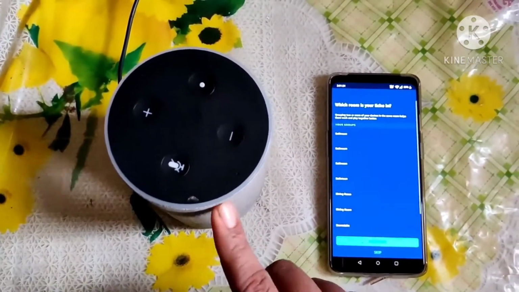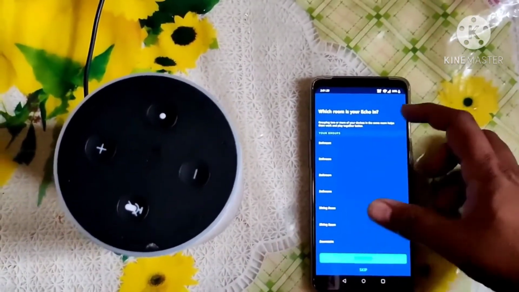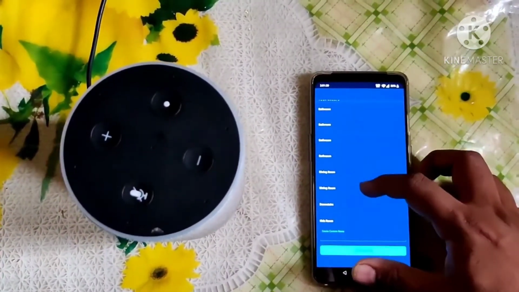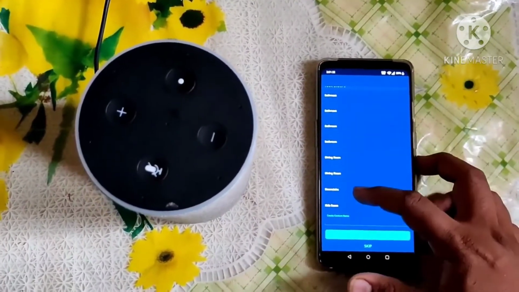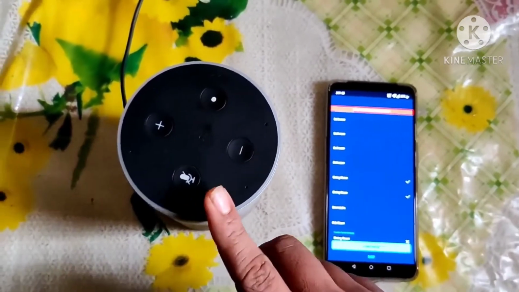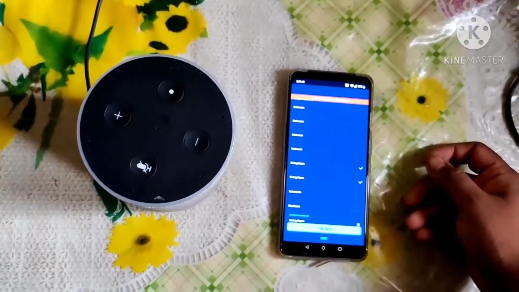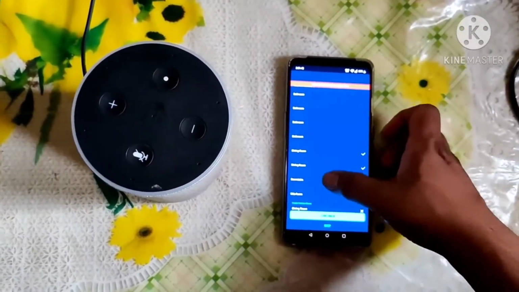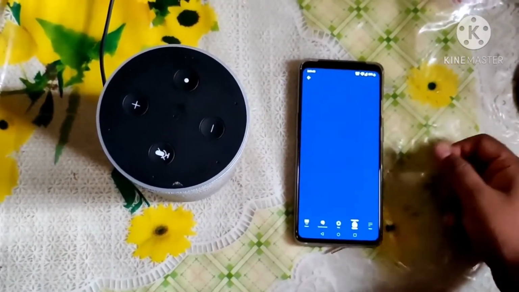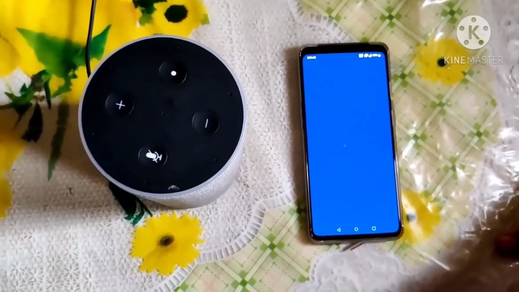Setup is completed on the Echo part for the phone, and now we have to select the room in which you have placed the Echo. Based on this, you can select whichever room you are placing it. So I'll select, say, dining room, and I'll continue. So this will be configured. This Echo is in dining room. That's what it means, and I'll say continue for that. Okay, so if at all any group fails, you can select some other room and just select it. So it will get configured on that room. So now the Alexa is configured.